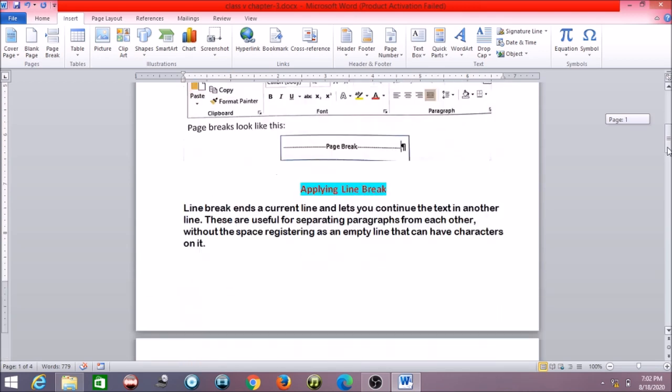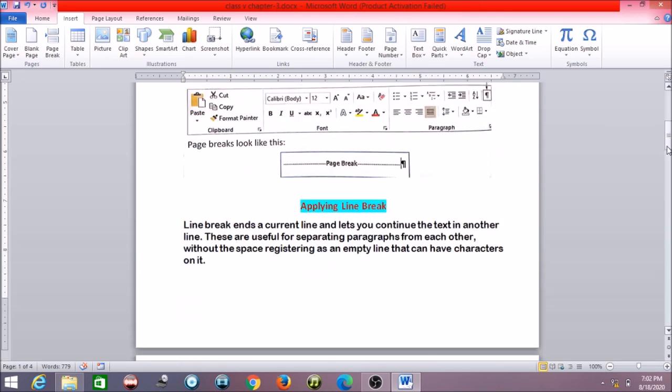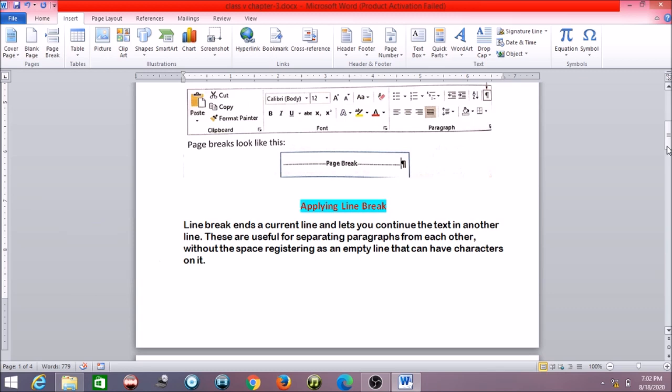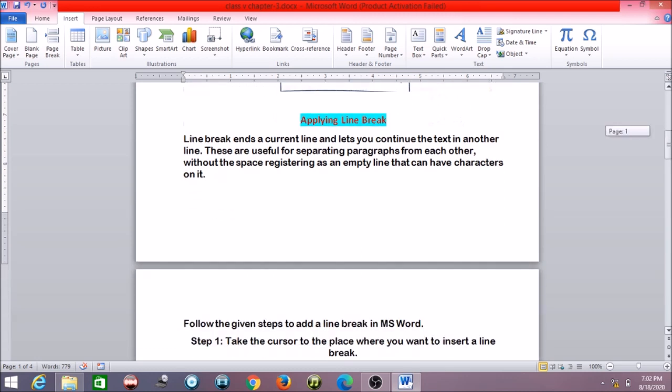Now next topic is applying line break. Line break ends the current line and lets you continue the text in another line. Earlier we were breaking the page, now we are breaking the lines. These are useful for separating paragraphs from each other without the space. So these are the steps